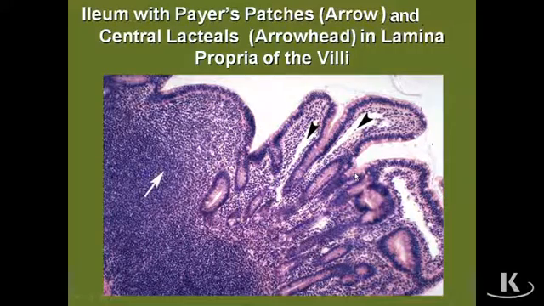Now, let's move down to a section through the ileum. Again, we're going to have villi and crypts, and you can see illustrations of them. Inside the individual villi, in this particular case, at the arrowheads, are the central lacteals that are sites where basically fats have entered the lymphatic system. But the characteristic feature of this underlying lamina propria in the area of the white arrow are dense patches of lymphatic nodules that constitute a Peyer's patch. And even though we can't see it on this particular magnification of this micrograph, the M cells, the antigen-presenting cells, would be a squamous cell type in